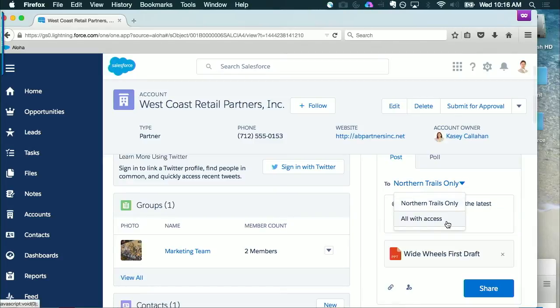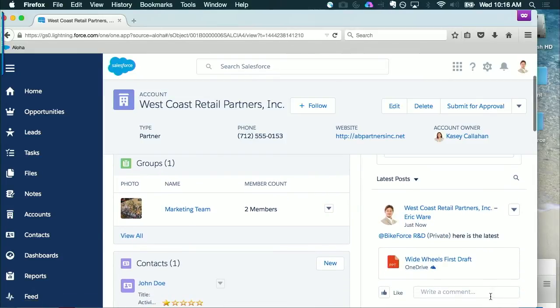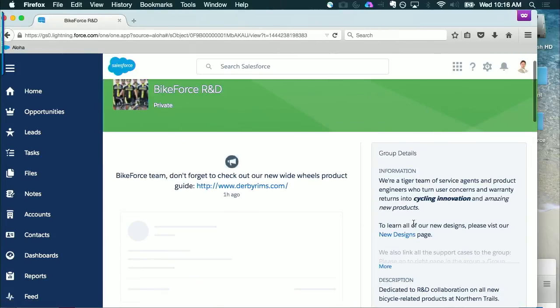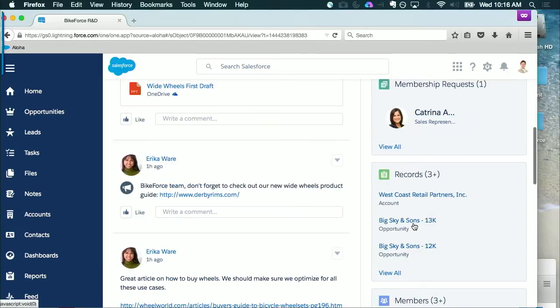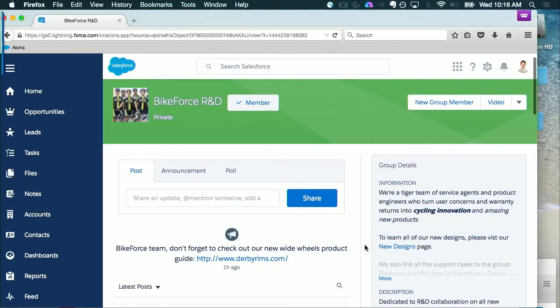And so he's able to click "All with access" and shared with everybody, internal, external, in this group. And members of this group, now that if he clicks back to Bikeforce R&D, they're able to see West Coast retail partners associated as a record. And that's major. That's a brand new feature in Lightning, and that makes collaboration around the sales use case easy